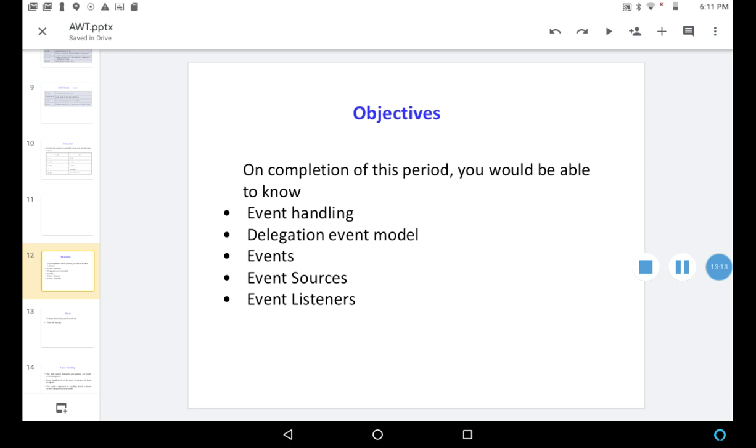Because if you have controls, definitely we'll be having event handling. If there is any control, if you press or move or do whatever on a particular control, that means an event. So we need to handle those events, okay. Then we have to learn what is an event, what are the event sources, event listeners, okay.